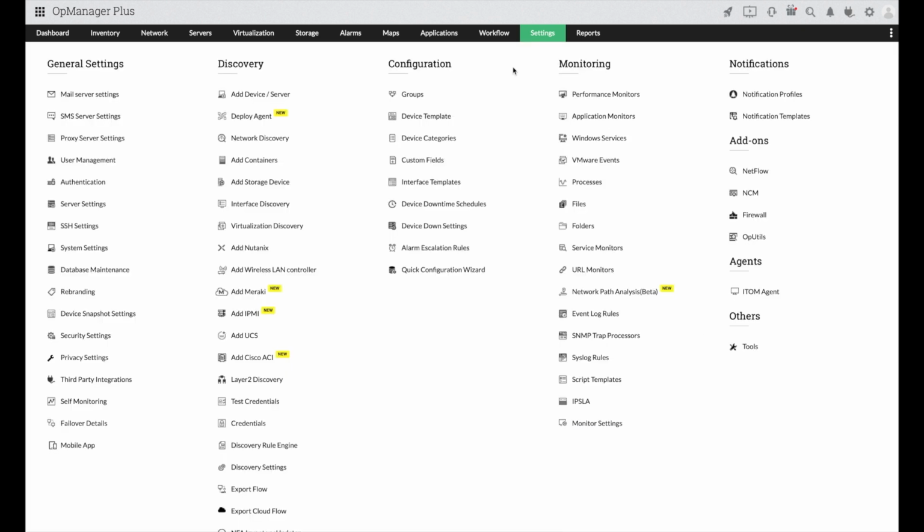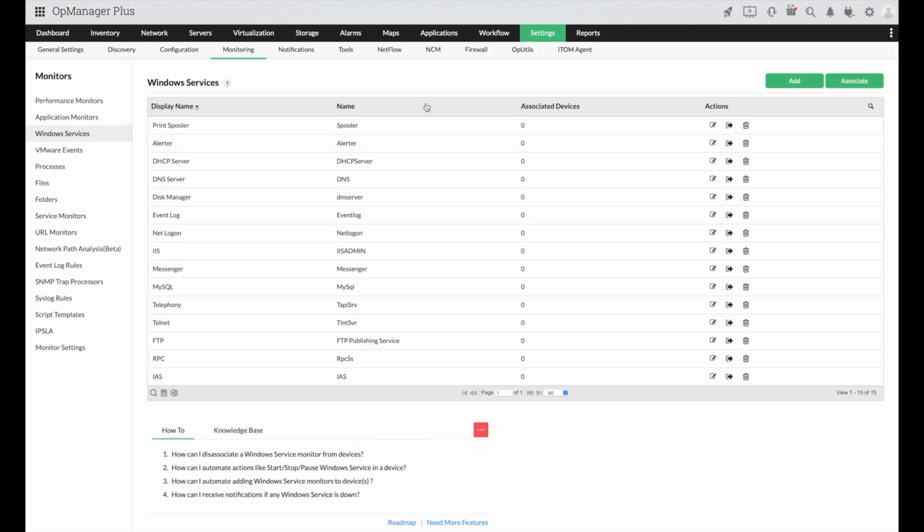We would now talk about another monitor we support in the OpManager module, which is Windows service monitors. For any of the Windows machines, if we want to check on a service which runs on that particular machine, like the Print Spooler or DHCP server or event log or IIS service, these are a couple of default services you see right here. Or if you want to add any of the other Windows services which run on a particular Windows machine, or let's say you've got 100 or 200 Windows machines and you have a common Windows service that needs to be monitored,